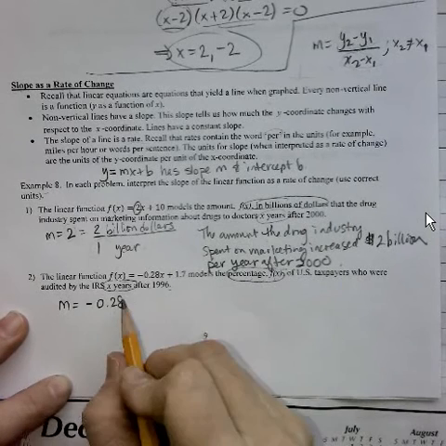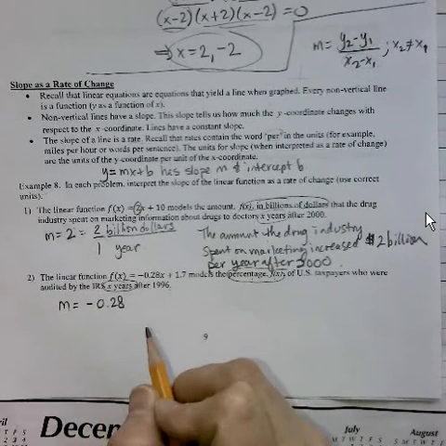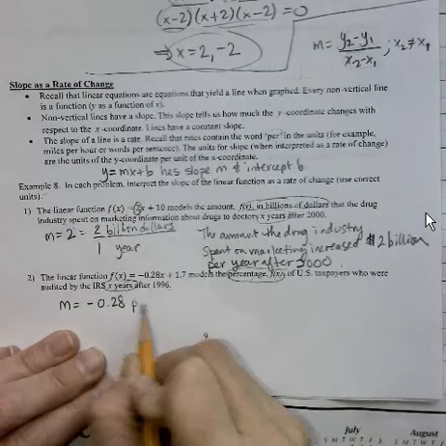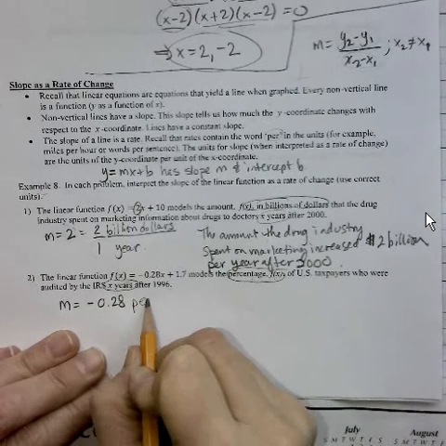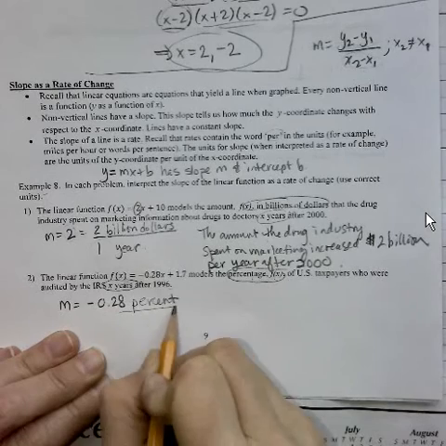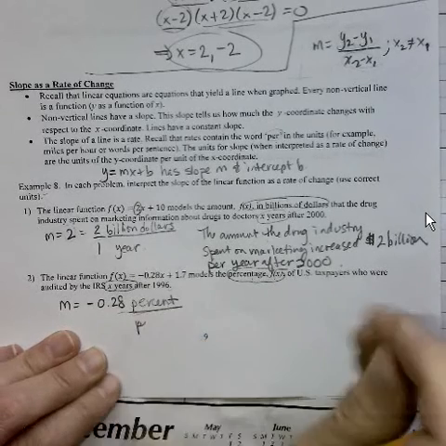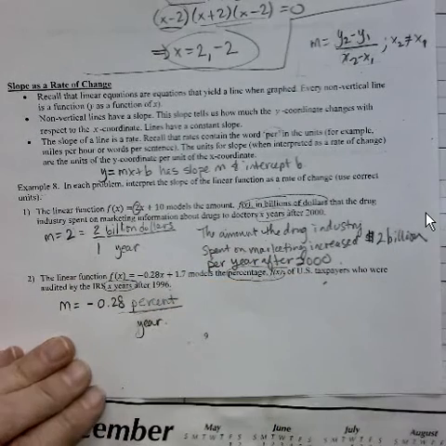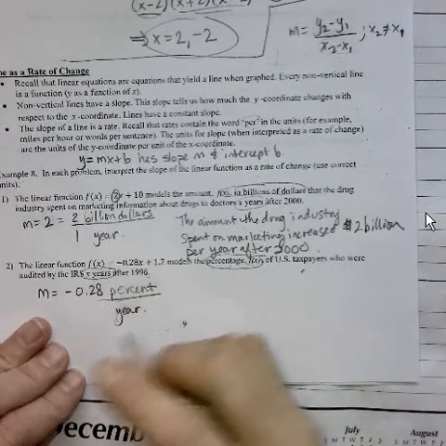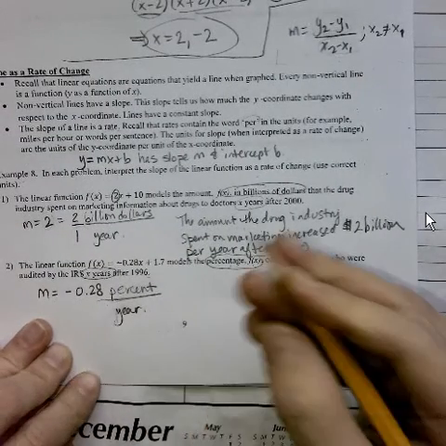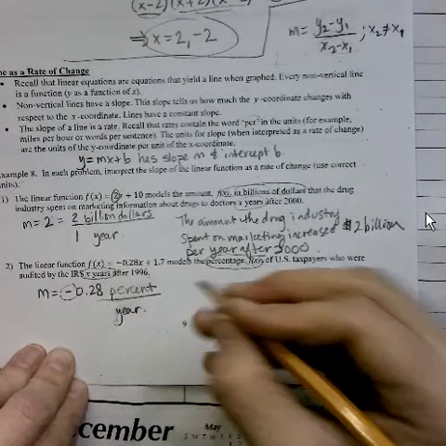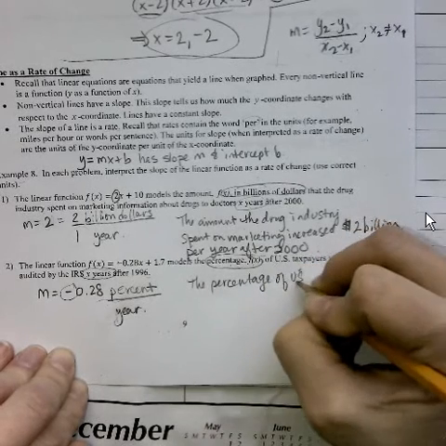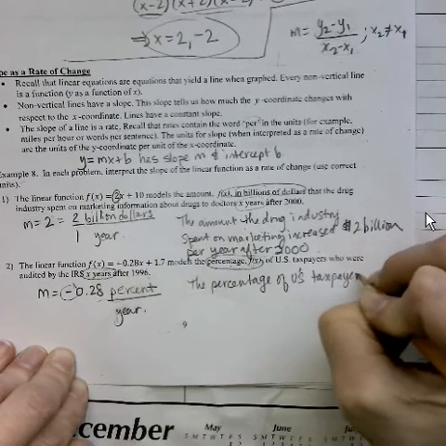And so the slope is change in y over change in x. So that would be negative 0.28, a percentage for the y. And then for the x, per unit x, so per, I already did the per right there. Don't need to write per year. Okay, so we want to interpret this though, not just label it. So the percentage, and notice the negative here, that means it's a decrease. So the percentage of U.S. taxpayers audited,